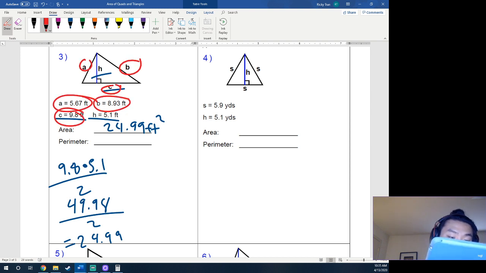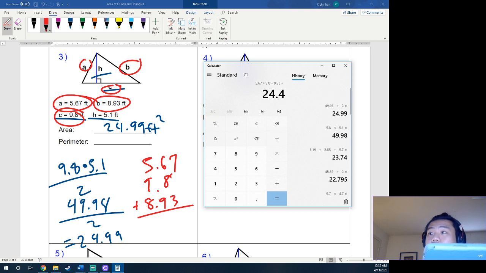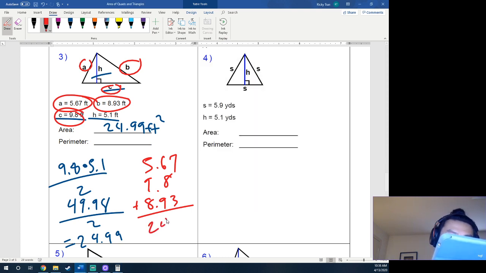A plus B plus C, so 5.67, 9.8, and 8.93. Add it all together. We get 5.67 plus 9.8 plus 8.93, or 24.4 feet. Okay,